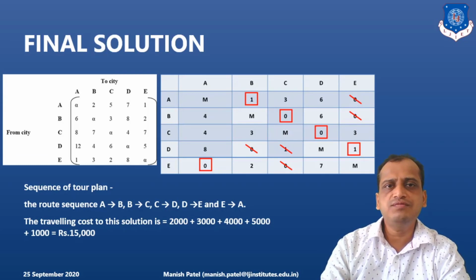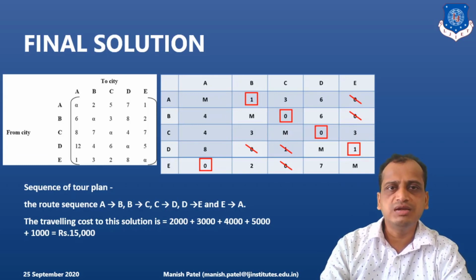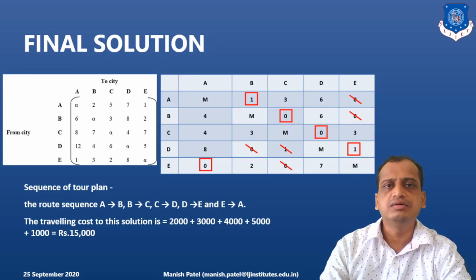If not, then we will find the next minimum value in the opportunity cost table. We will assign that element to the table, and then we will get the modified assignment table, or you can say the opportunity cost table. And then based on that table, we will assign the routes, and we will get the optimal solution. There may be cases where you will get multiple optimal solutions. So in this way, we can solve the assignment problem, specifically the traveling salesman problem, with the help of the Hungarian method. Thank you very much.